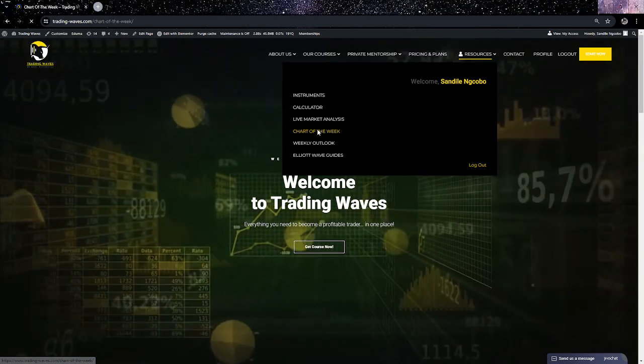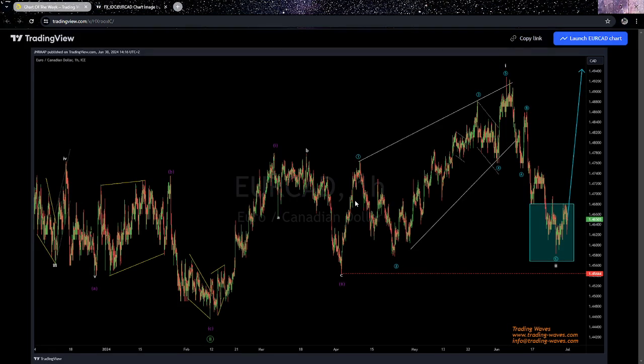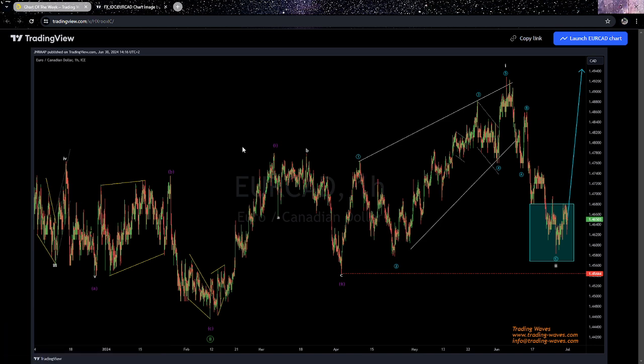This is the chart that we share freely to our members, especially for those that wish to join us but say they cannot afford to pay for our services, or they want to but can't. You can see the last chart of the week that we had here